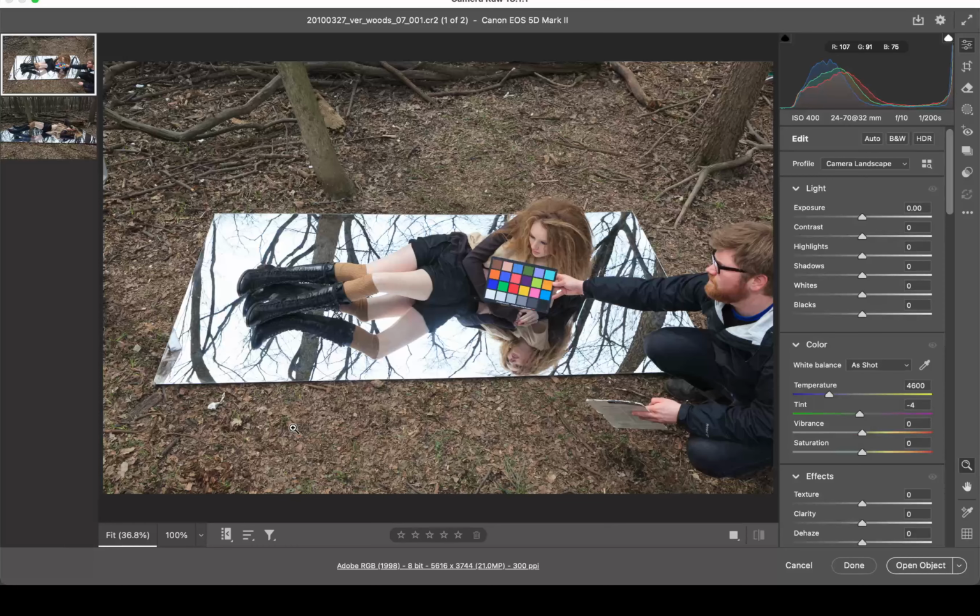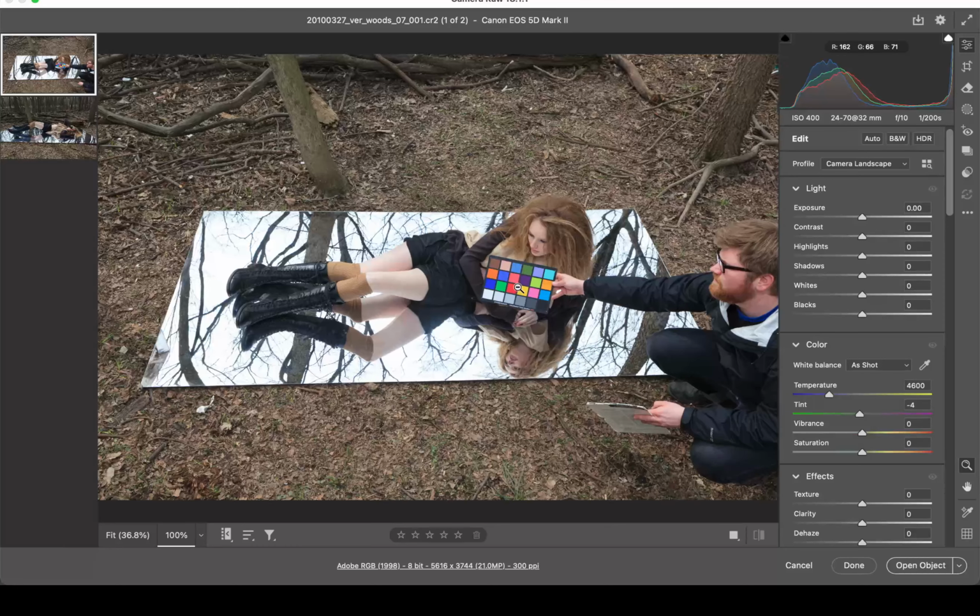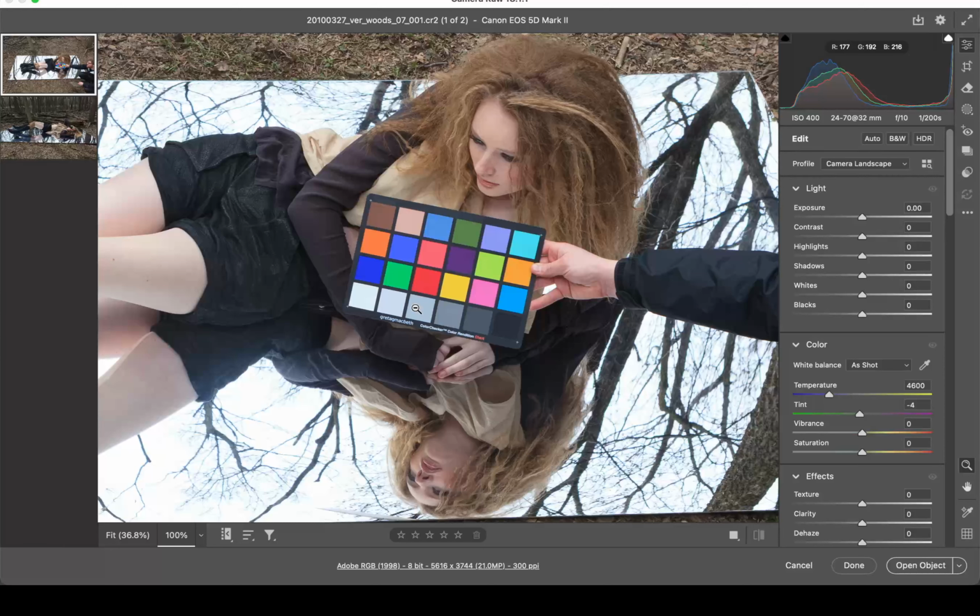All right, so first thing I'm going to do is color balance this. I do not have a custom profile on this. I have everything I need to make a custom profile, so I would make a custom profile of this first. Then I would use that, but we've already gone through that process. I'm not going to do it again. So my first move here is to color balance. So I'm going to grab the white balance tool right here. I'm going to click on that patch that's right next to the red, and you can see it changes the